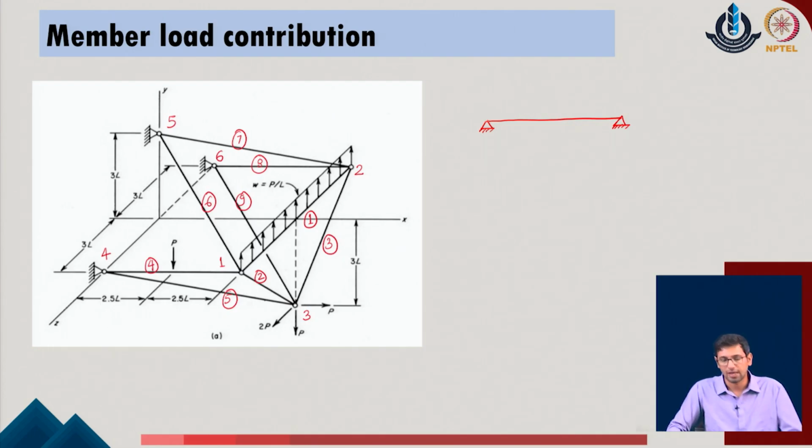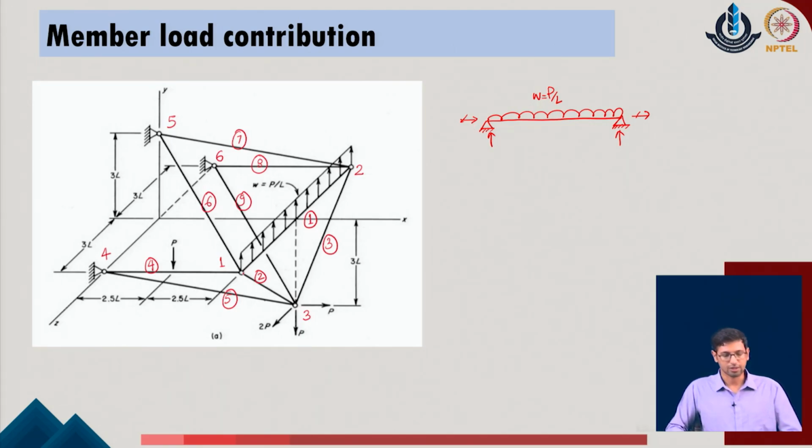So, as I considered that there is a uniformly distributed load active on the given system, corresponding to this load, which is P upon L, I can evaluate the amount of reactions which appear here. As it is a truss member, it will not get any moment reactions in the given system. There is no horizontal force, so there will be no active horizontal reaction component in the system. As there is no lateral force in the given system, or along the direction of z also, there is no possibility of a force. So, both these directions will also not get any force in the given system.